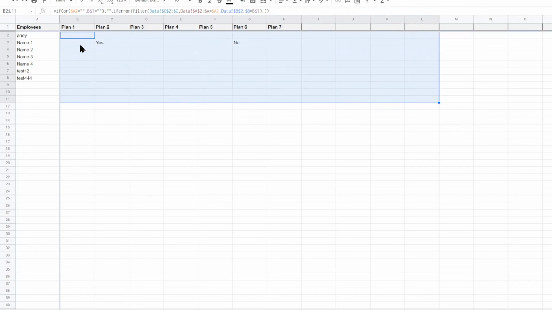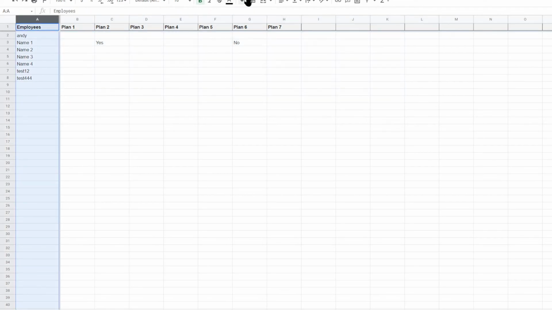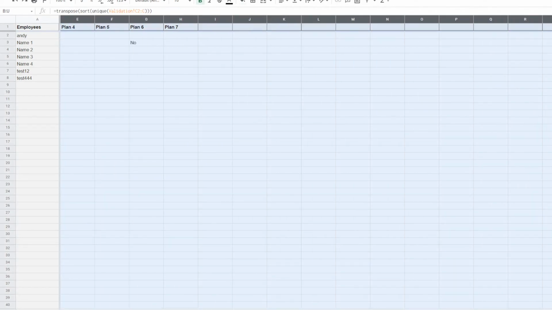That's all good. Employee names, we'll give this a little gray. Now the question is, if you had a bunch of employees here and a bunch of yes and nos, it might be hard to see. So what we're going to do is do some conditional formatting on this whole set of cells. And we're going to do